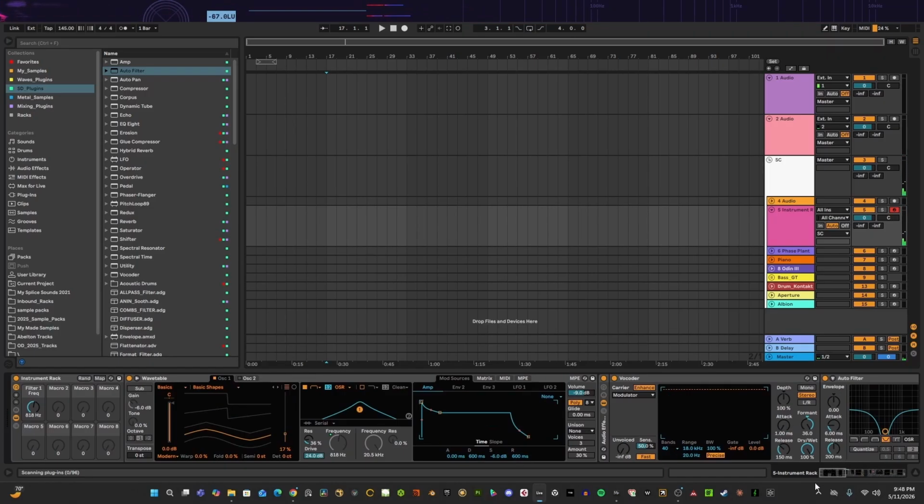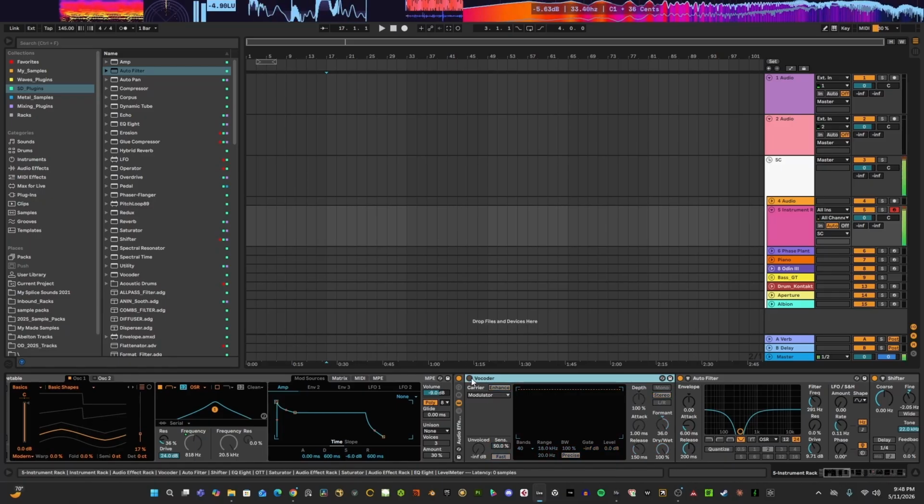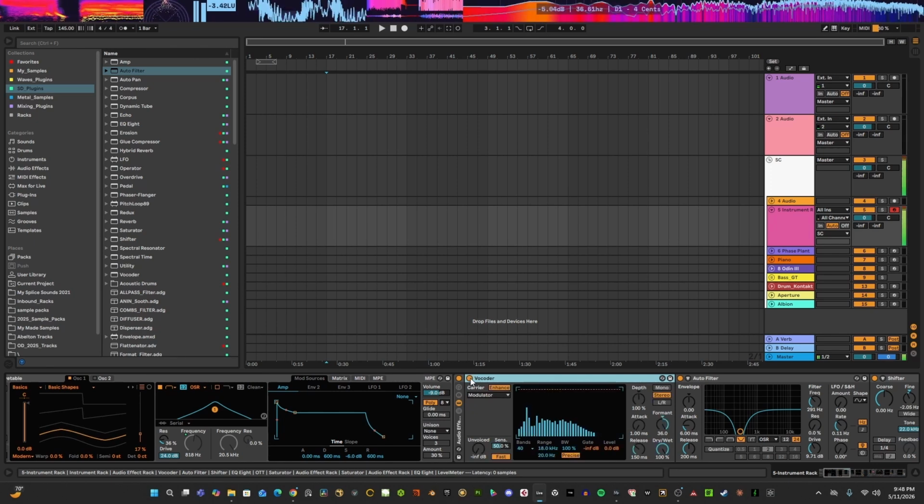Anyway, so that was all. Like I said, these are sounds at the very beginning to really change the sound. If we take this vocoder off, it sounds good too, but